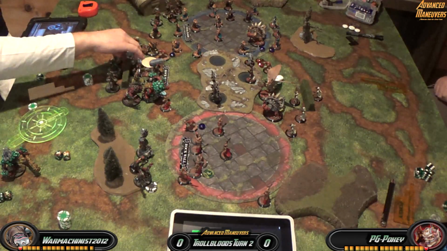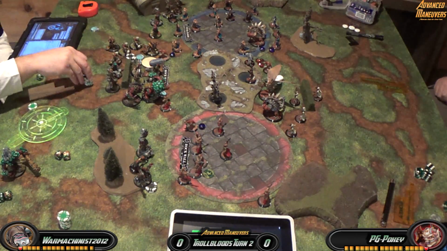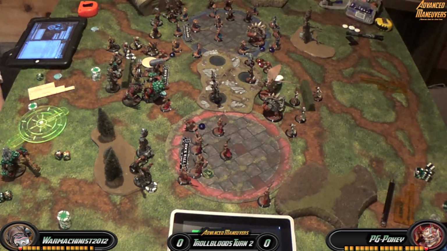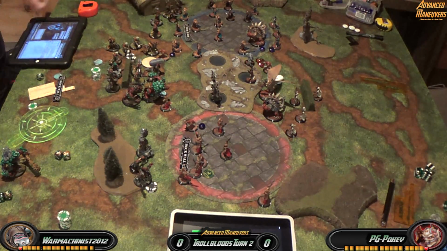PG-Pokey has asked some significant questions on his turn. He's sort of flooded the zones on both sides. I like his setup way better in the blue zone than the red zone. I feel like at this point, as I'm weighing my options, he doesn't have good angles to really get back at my beasts. On the red zone, if I come in and clear out what's kind of in there,